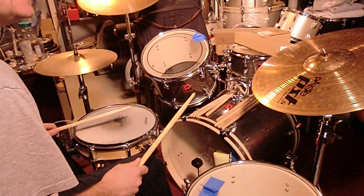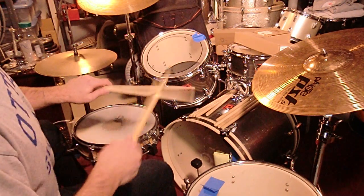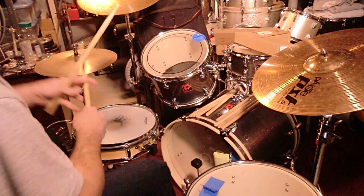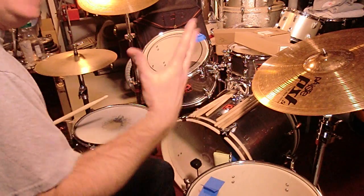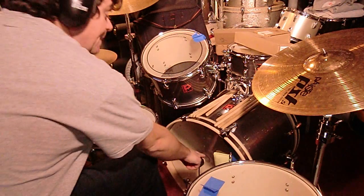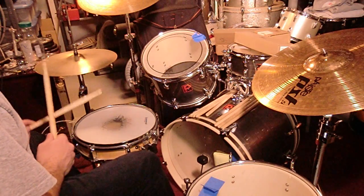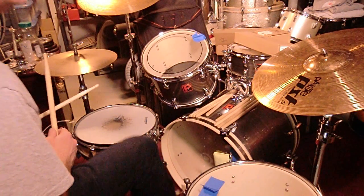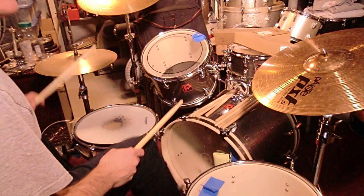it is a very... and a 1 E and a 2 E and a 3 E and a 4 E and a 1. Even though he doesn't play it that way, that's where those bass drum notes come in though. So 1 E and a 2 E and a 3 E and a 4 E and a 1 E and a 2 E and a 3 E and a 4 E and a 1. Okay? He's doing the